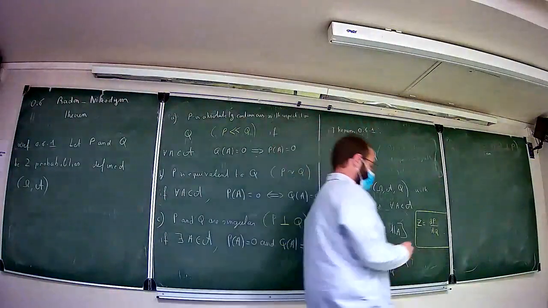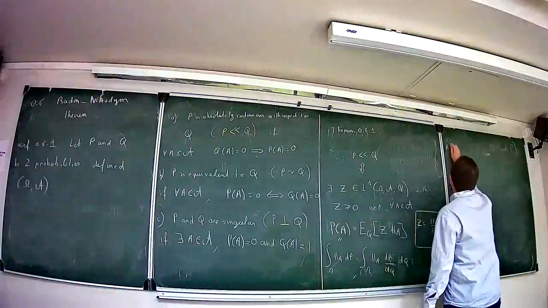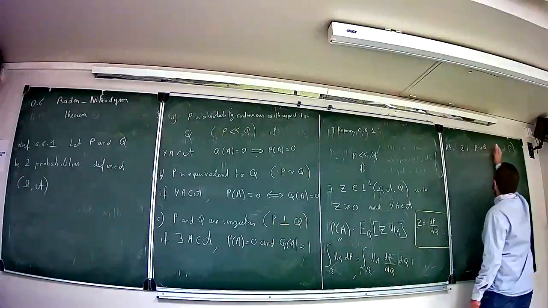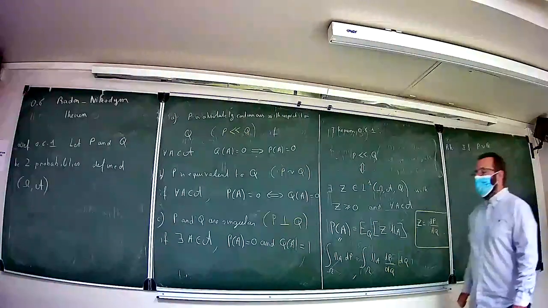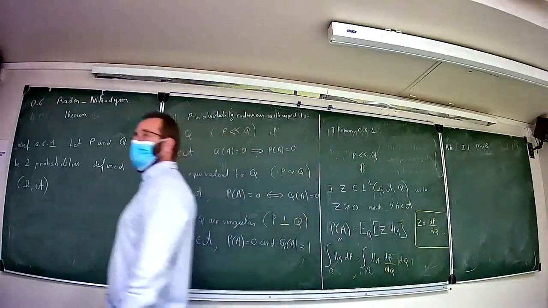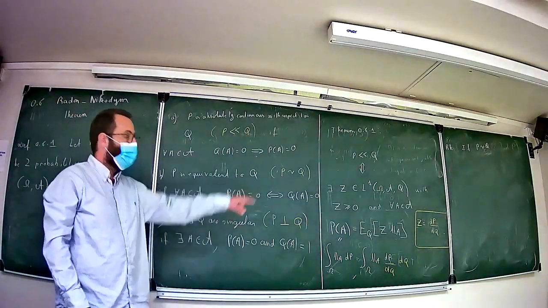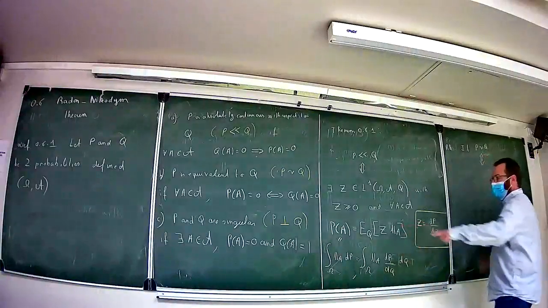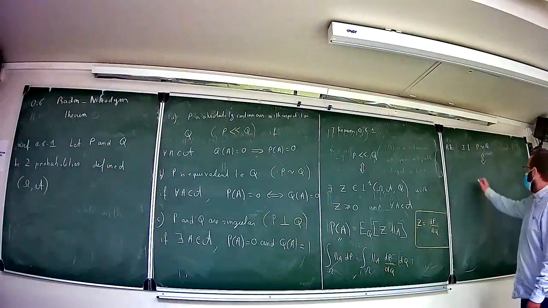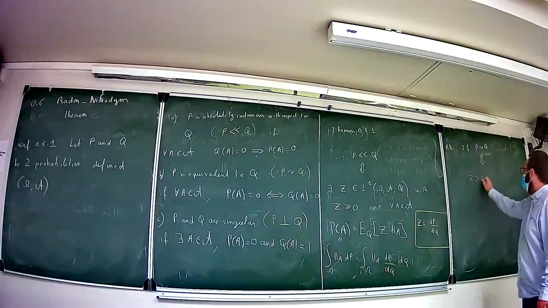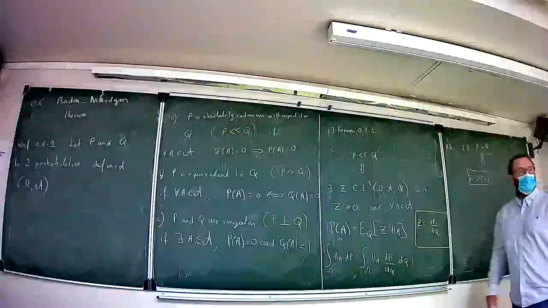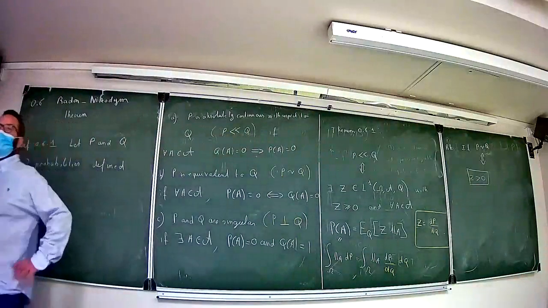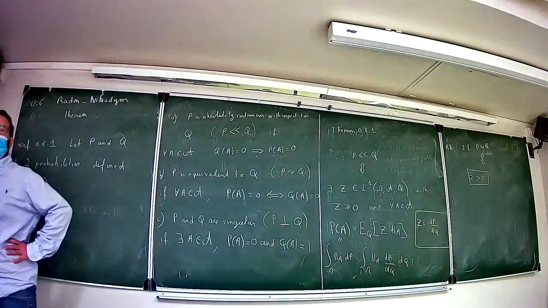If they are equivalent, the remark: suppose that we have more than to be absolutely continuous, both of them are, but in terms of the density. If I'm in this setting, the only thing that changes is that I suppose that Z is strictly positive. If the density is always strictly positive, then they are equivalent.